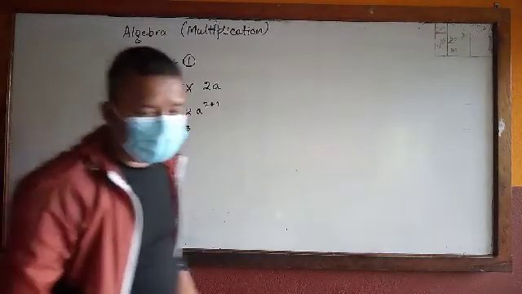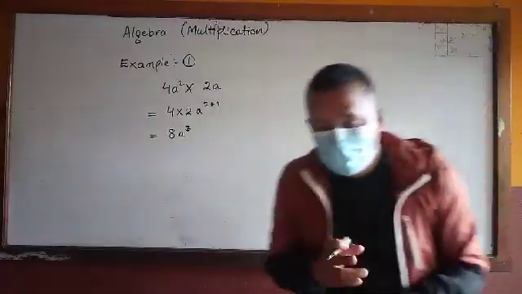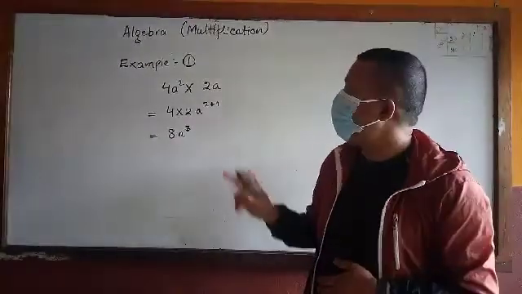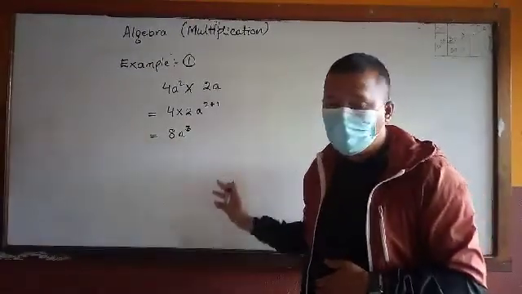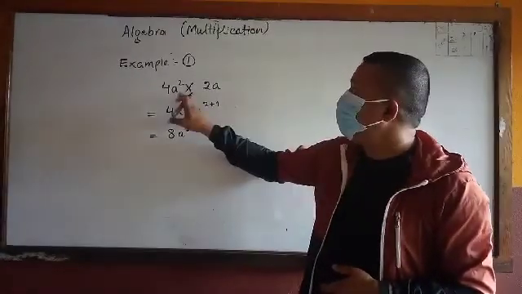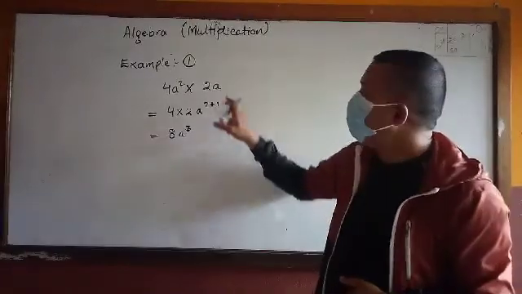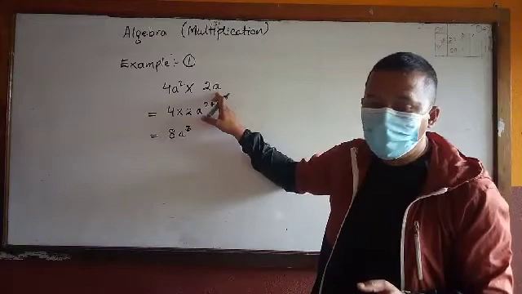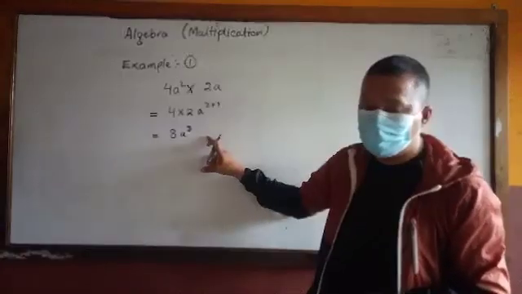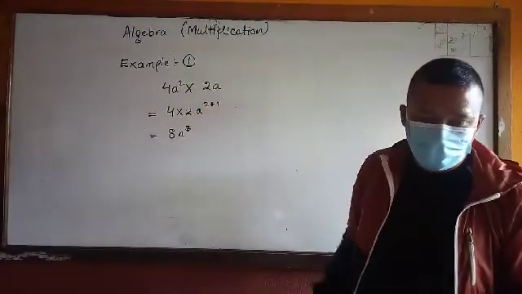Sir, the powers have to be added. While multiplying, always we have to add the powers of similar terms. A square, here is a, here is a, so we add that. Understood? If there were c, then we would not add that. We could only have written a square c, but here is a, here is a. That is why the power is added here. Understood? Yes, sir.